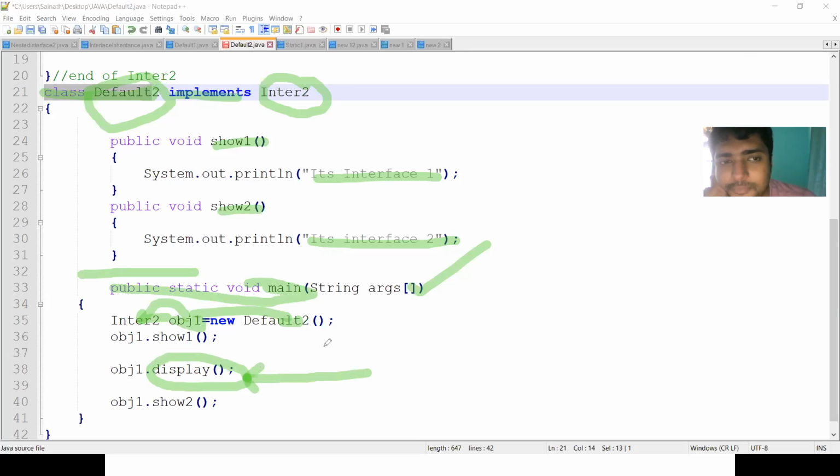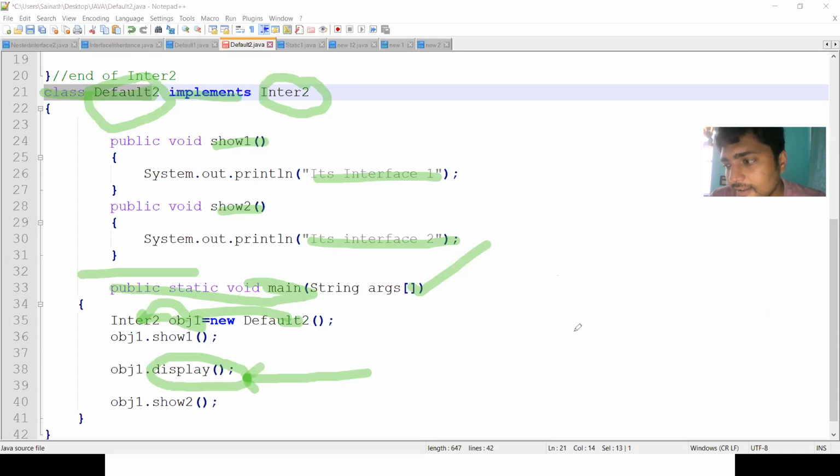Method overriding is happening here. Which display method is possible? Which method will display? The second method will execute. That means the subclass method will be executed.